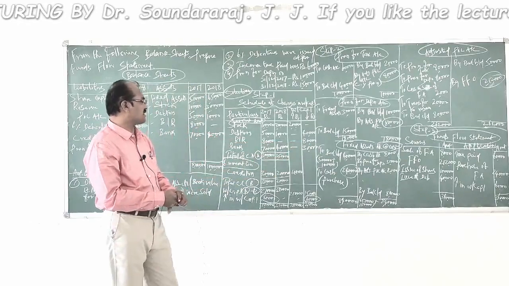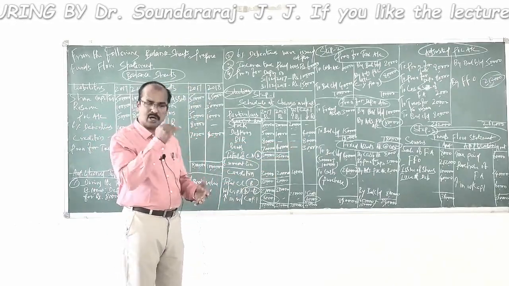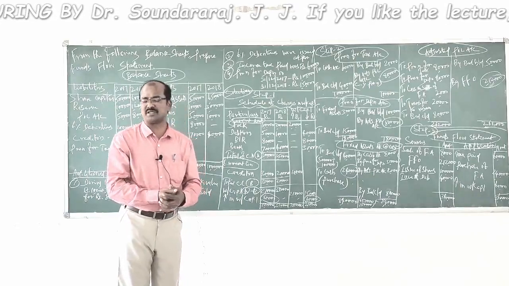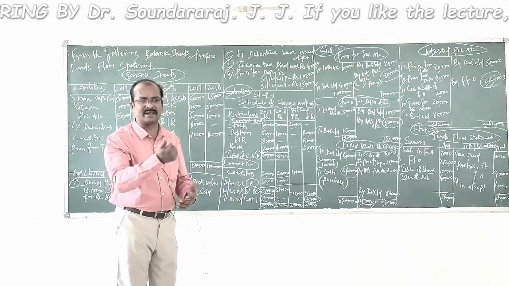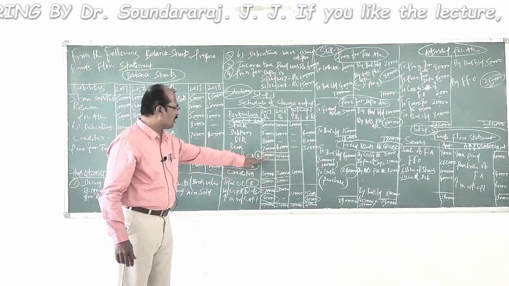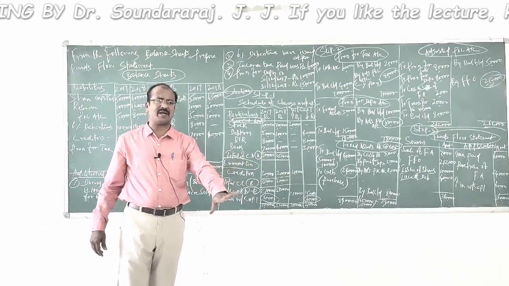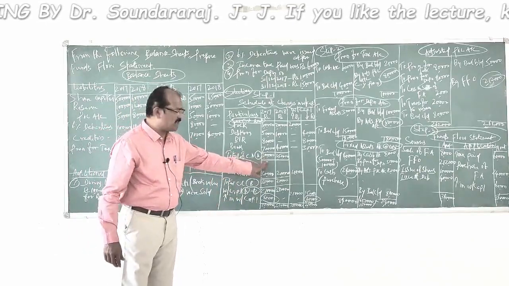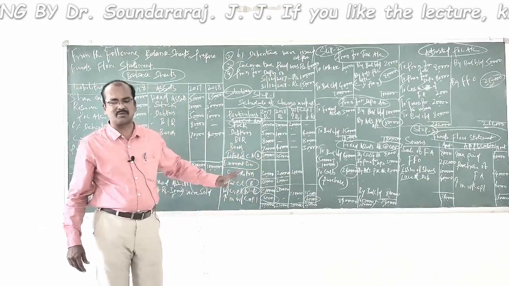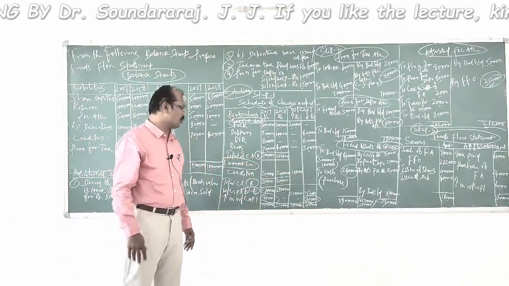Next one, bank: 70,000 opening, closing 40,000. The bank balance has also come down by 30,000 rupees, which should result in a decrease in working capital with the same 30,000. Now, we have totaled the current assets separately for the previous year and separately for the current year. For the previous year, the total of the current assets has come to 3 lakh rupees. For the current year, the total has come to 3,50,000 rupees.